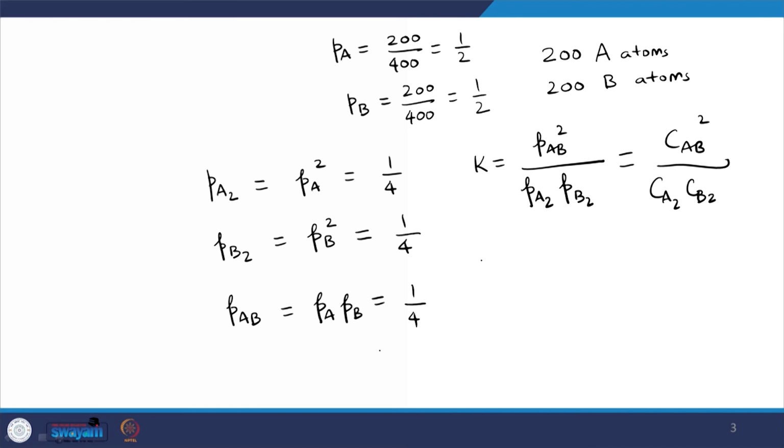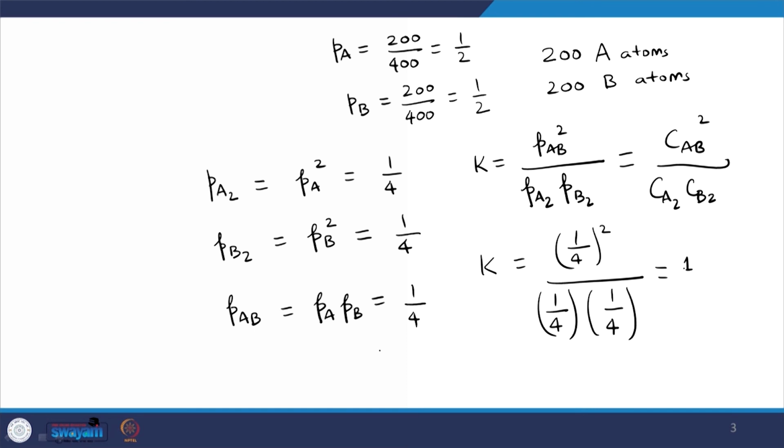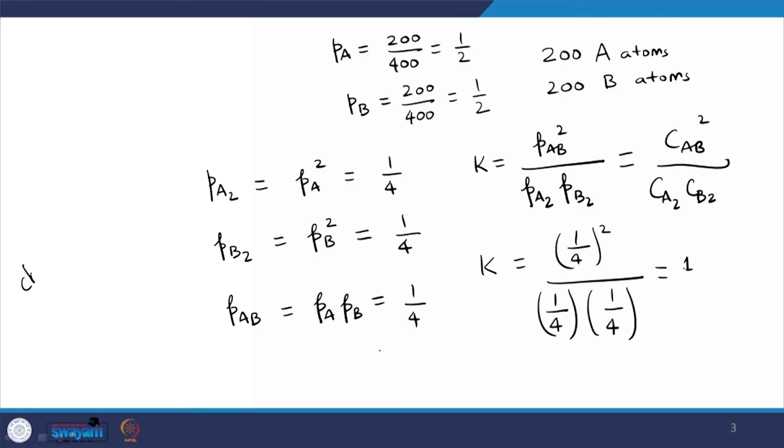So, we can find K as 1 by 4 square divided by 1 by 4 multiplied with 1 by 4, and that is equal to 1. That is the equilibrium constant for this reaction. So, irrespective of how many atoms of A and B I am starting with, I am getting the same equilibrium constant, right. So, chemical equilibrium therefore